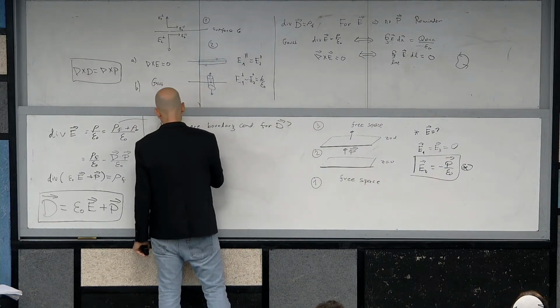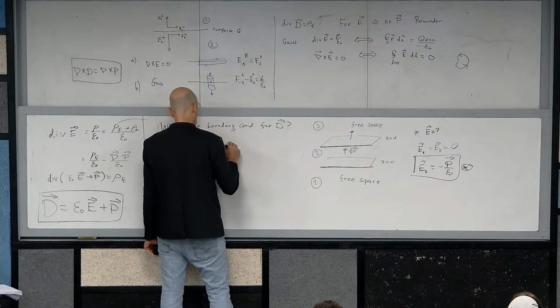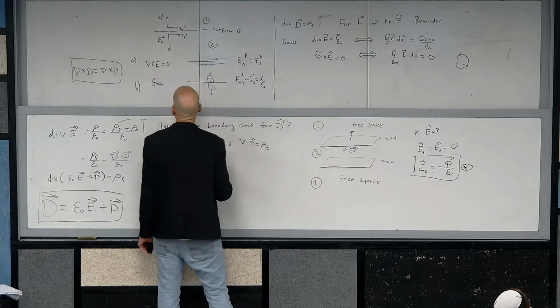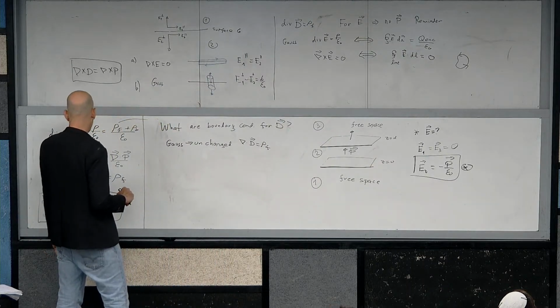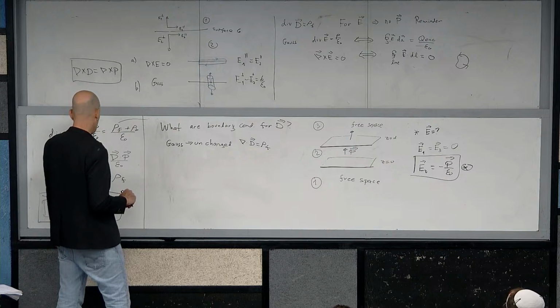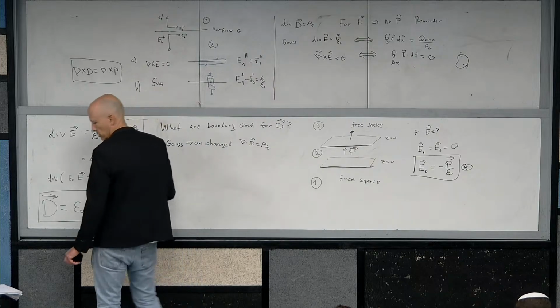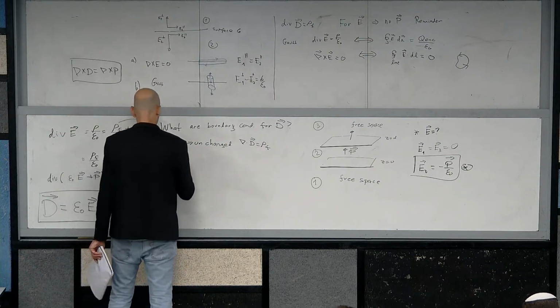Gauss law is more or less unchanged. Why? Because div D equals rho free. So nothing changed in Gauss law, except for this epsilon 0, which means that if now I have